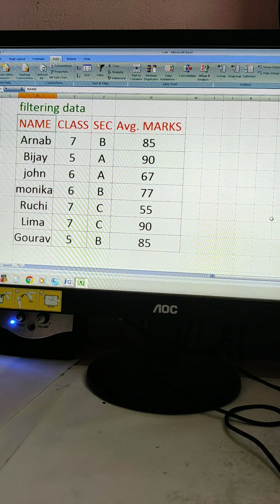The page was already uploaded in the WhatsApp app on Saturday. So follow this data table, filtering data. I have just made the columns name, class, section, and average marks. So what is a filter? What I need is that only